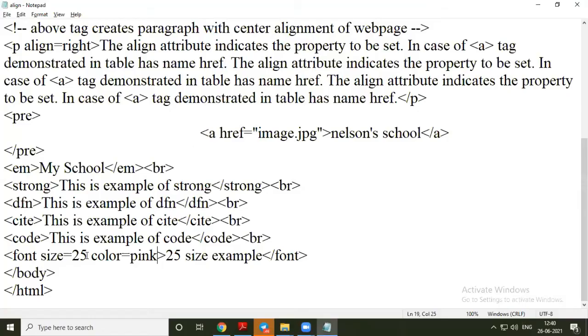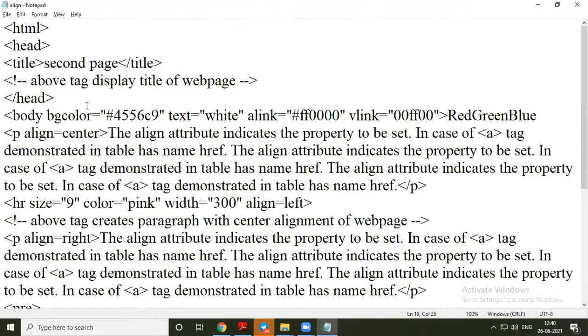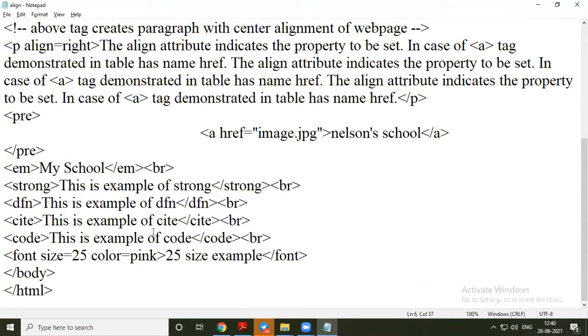Whenever you write the font tag, it gets priority over the default text color from the body tag. So when you use font color, the color value that you have written in this font tag will be used for that particular text.